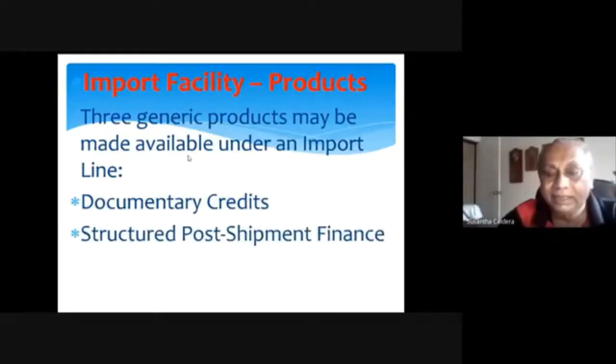Then structured post shipment finance. Once they receive the goods to the country, then we'll have to see if it is a sight bill, we have to pay immediately, so we have to give import loans. And if it is a usance bill, you have to accept the draft, right? The acceptance facility එකක් දෙන්න ඕන. ඔය ඔක්කොම අපි හදන්න ඕන. Import loans, a structured post shipment finance and the import loans, then the